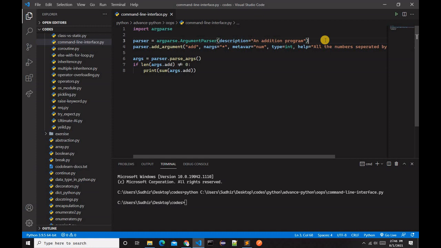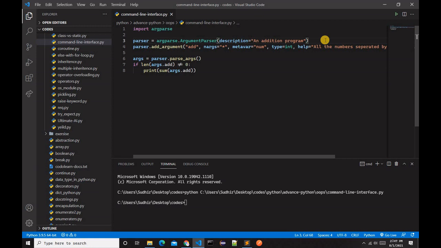Argument 2 is nargs, name or flag, equal to a star. It is the number of command line arguments that should be consumed, which means it can be any number of arguments, from 0 to anything. Argument 3 is metavar equal to num, the name of the argument in usage messages.